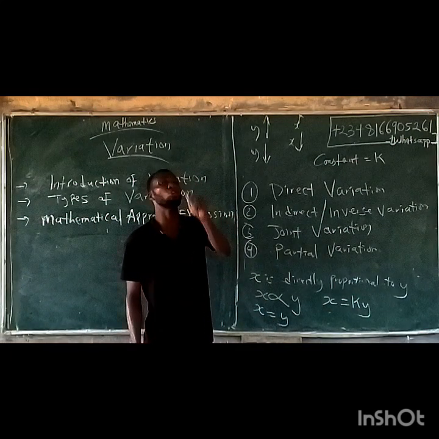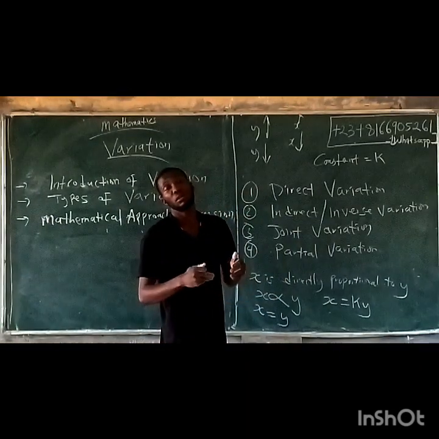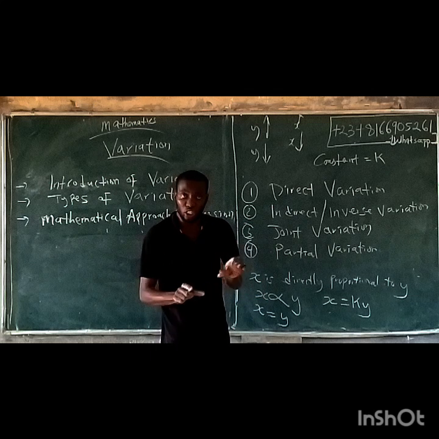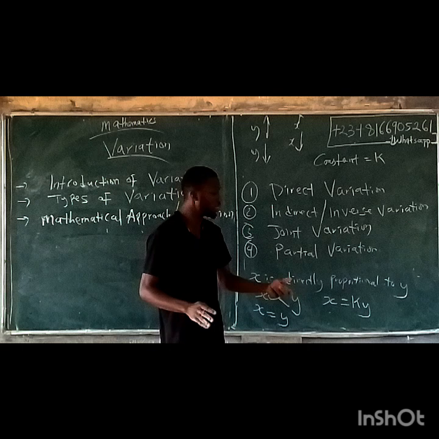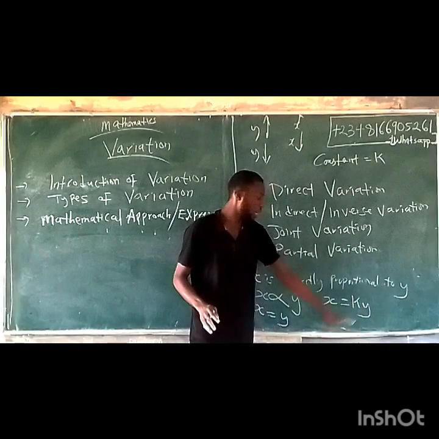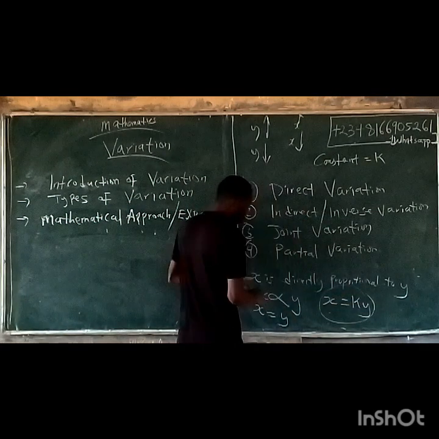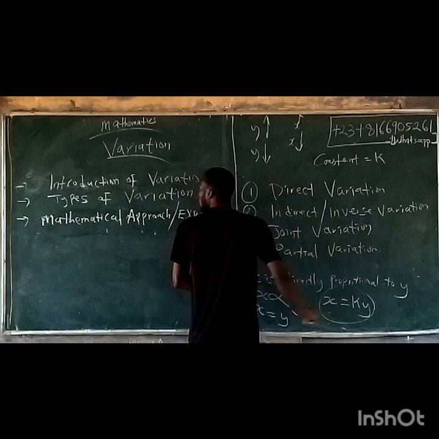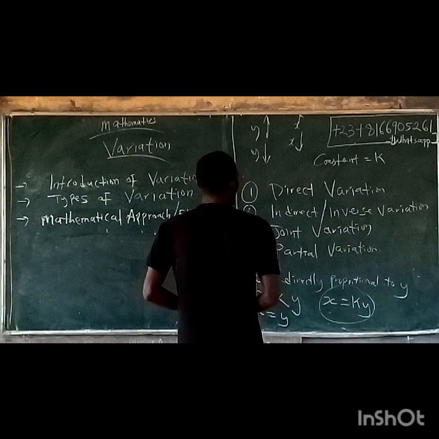Now after that, you need to introduce your constant. Why? Because the constant remains at that same spot. That's the meaning. It does not change. It does not vary. So you need to introduce it. That is, x equals what? K1. X equals k1. So this is now the relationship of this illustration, of this word problem. X is directly proportional to y. X equals k1. Now let's go to indirect